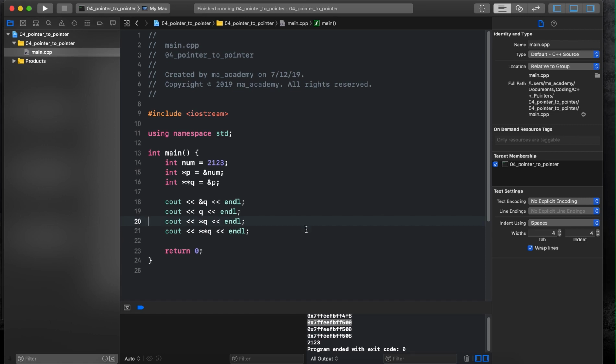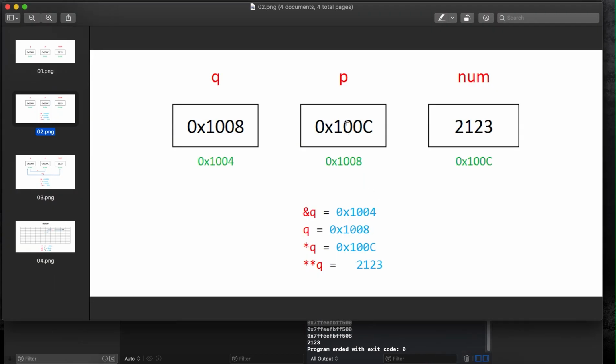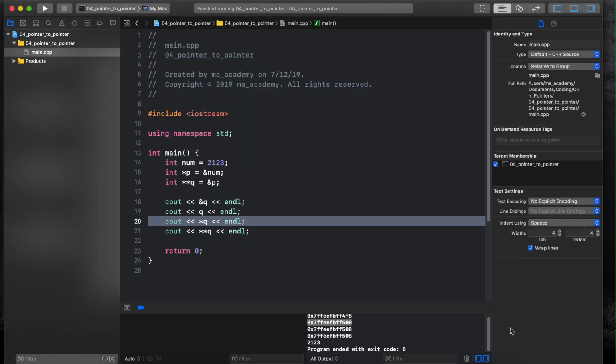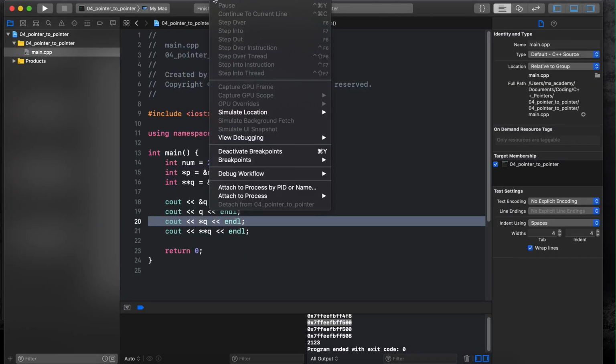Next, let's delete it. Then we are saying print, and here we are using an asterisk, and then we are saying q. So what does it mean? It means print whatever the variable, or the pointer, to which we are pointing contains. So in here we can see that this is 100C, and this 100C is the address of num. So in here it's printing 100C. So in here if we run it again,